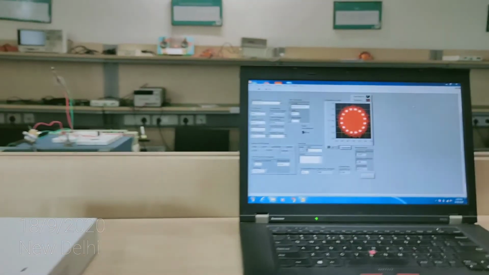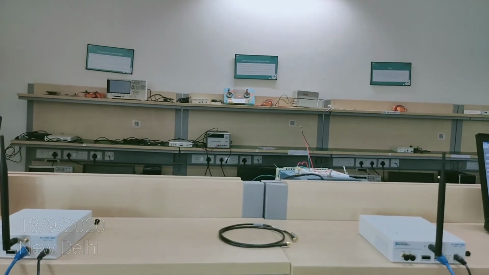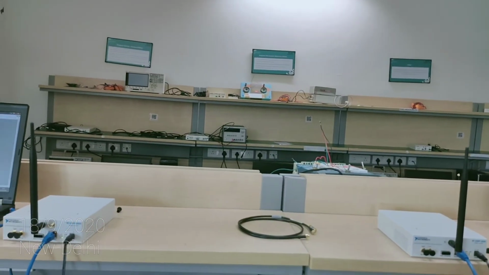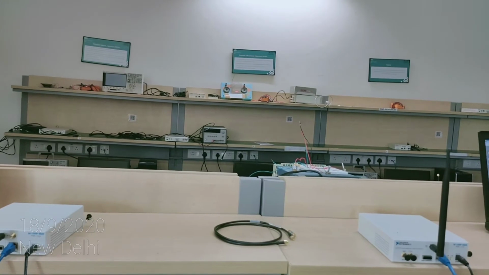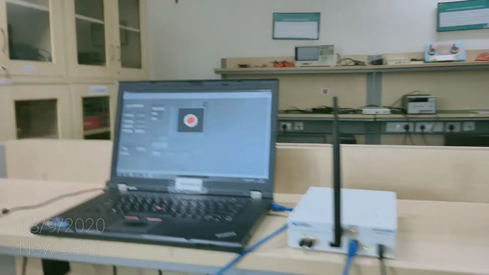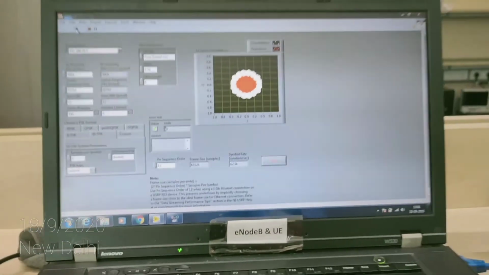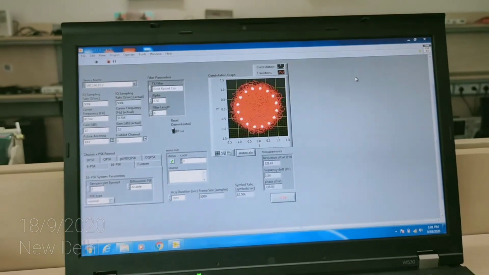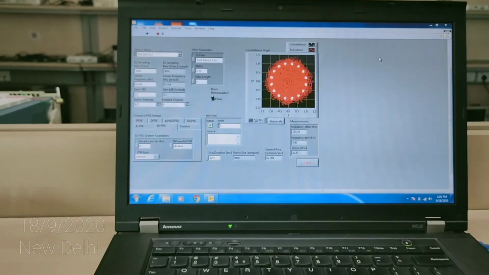These transmitter and receiver USRPs have been placed at a distance of approximately 1 meter, and there is a wireless medium between them. They are communicating using the antennas that are connected to their transmitter and receiver ports. Now you can see here I have set a 16 PSK format, right? And at the receiver side I have set the same format, 16 PSK, and I'm able to get the constellation graph. So that is the basic